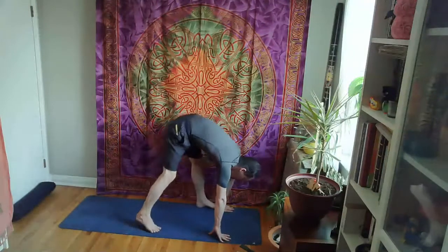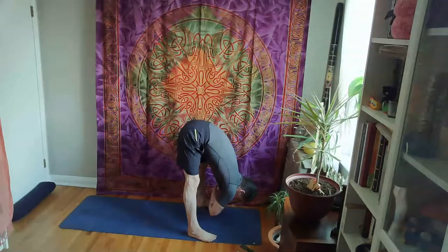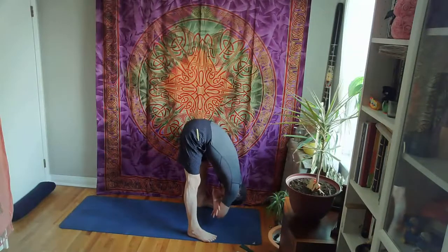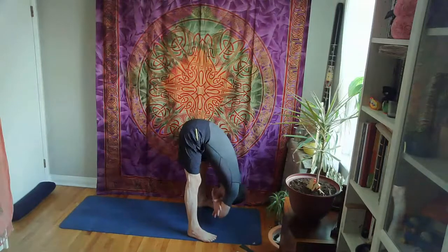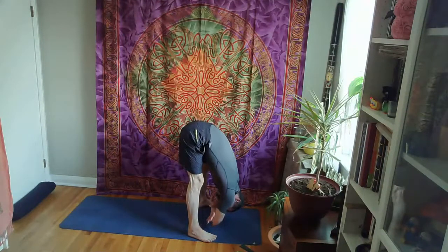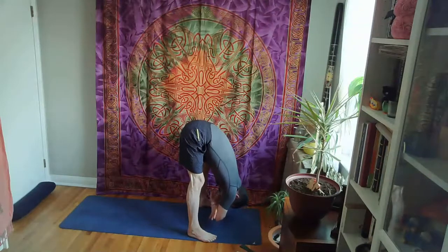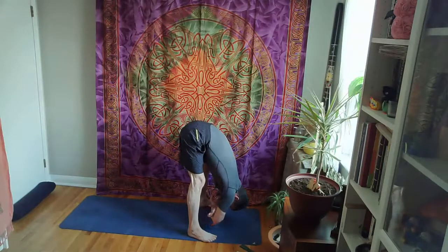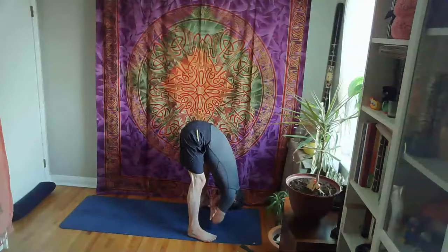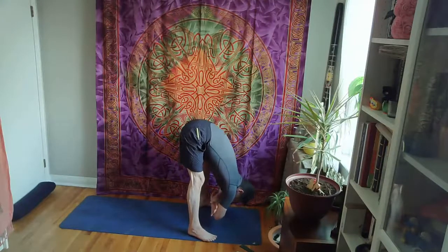Semi-wide leg forward fold. Allowing the torso to hang, head is heavy. Cross the arms in front of your face and let the body sway from side to side. Relax through the neck, maybe shaking your head no, nodding the head yes, maybe a combination of both. Coming to center, release the